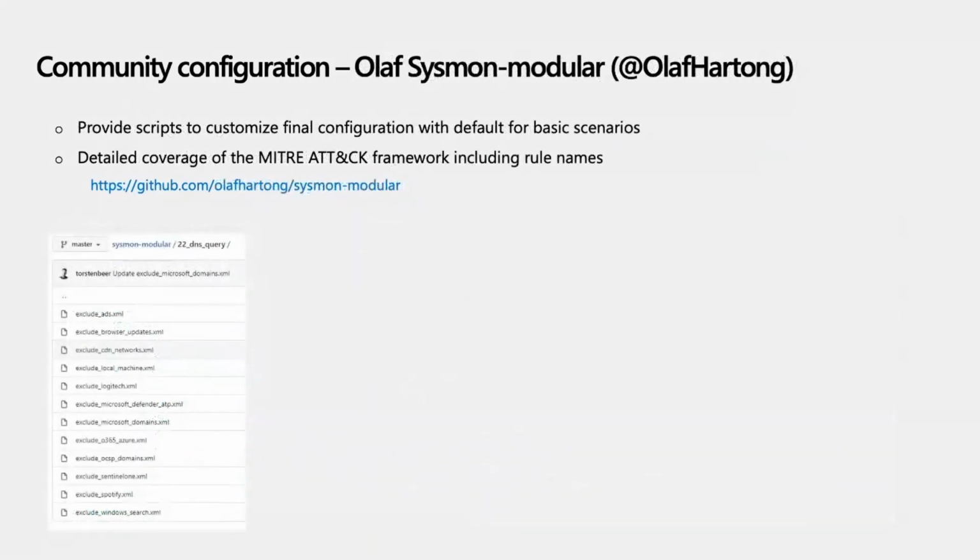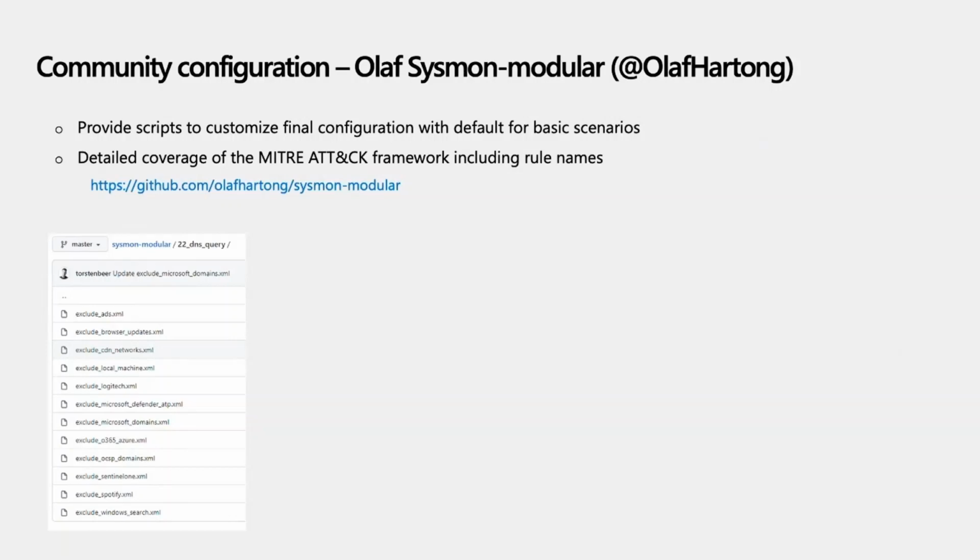Another amazing configuration is Sysmon Modular by Olaf. It takes a different approach to how you build a configuration. It has default and verbose configurations if you care about that, but it does 2 things really well. It's very modular, so you can build your own configuration based on your needs, and it ties every configuration choice to the MITRE ATT&CK framework. So depending on your environment, depending on your risk, you can choose to include something or not. And that's a good way to see as well the coverage you'll have with that configuration.